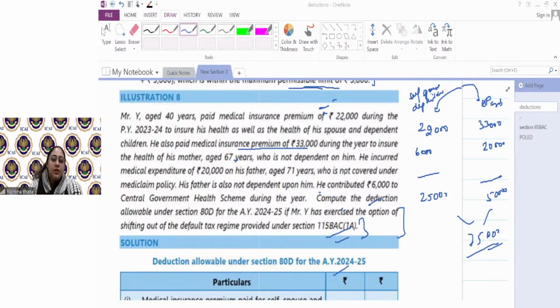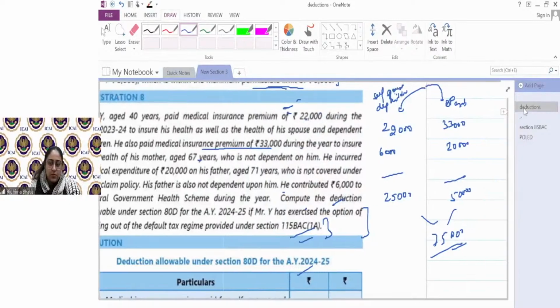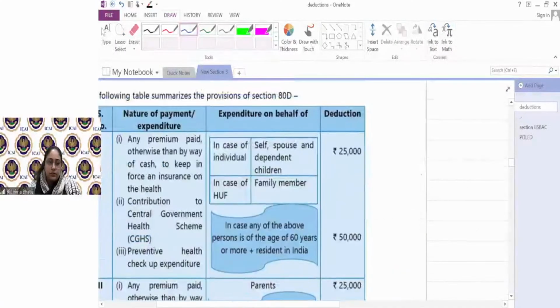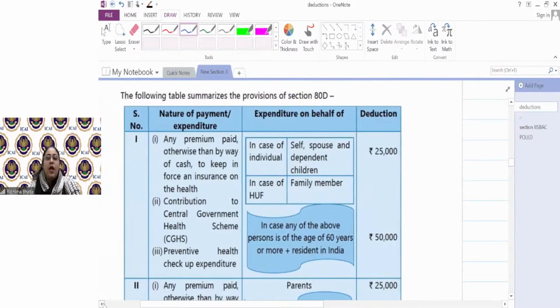So quickly to revise, an individual in HUF can only claim a deduction of insurance premium. Only the insurance premium deduction is available, or the one for medical treatment of a senior citizen. Okay, now